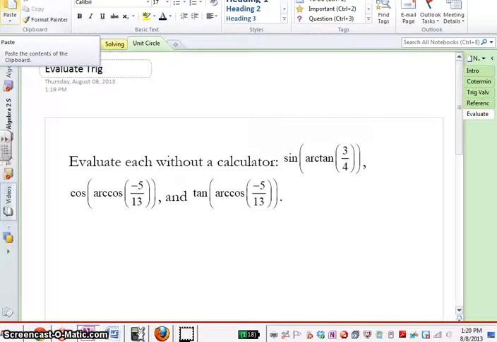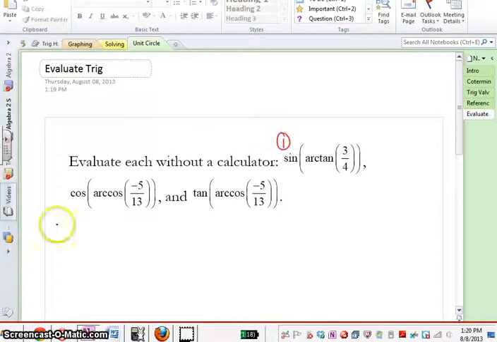To determine the value of each expression below, we're going to need to draw a picture that will illustrate exactly where on a Cartesian plane it is that we're being asked to look. And then we can use that to determine more about the shape that we're being given information about. So, to start, the first problem, I'll label 1, we're asked to evaluate sine of arctangent, or tangent inverse, of